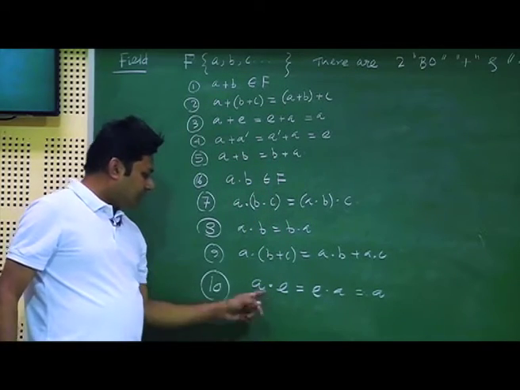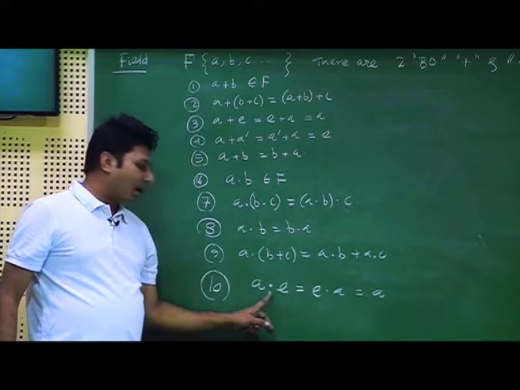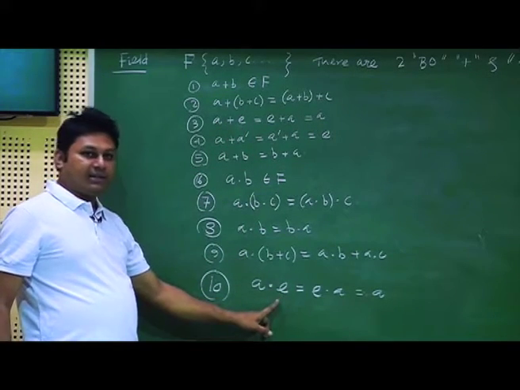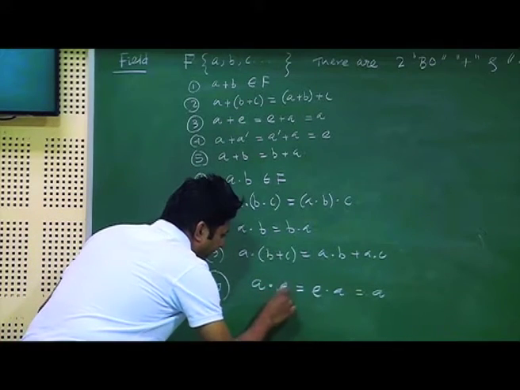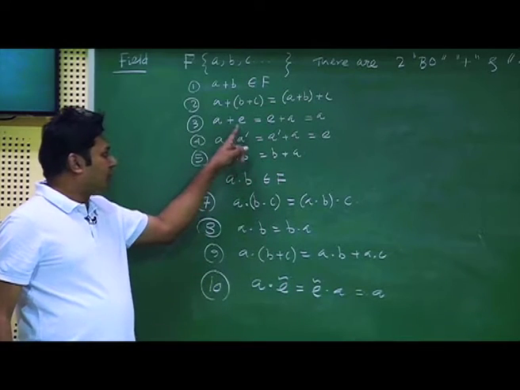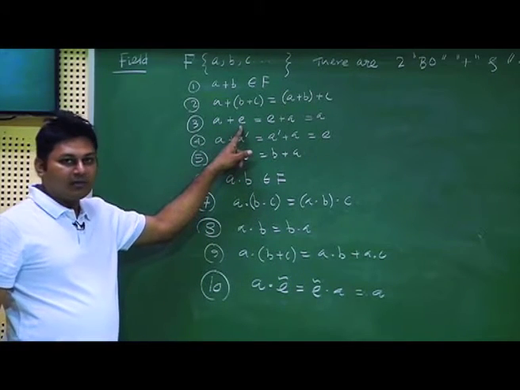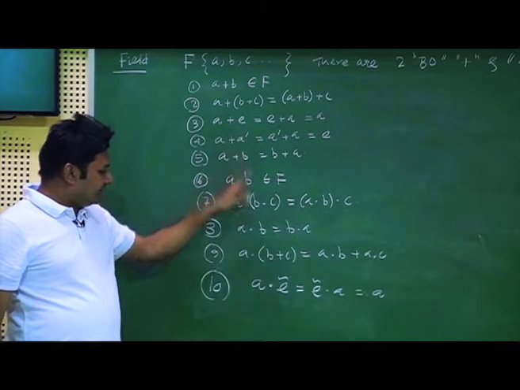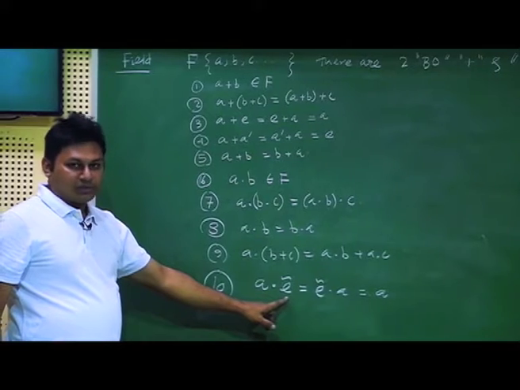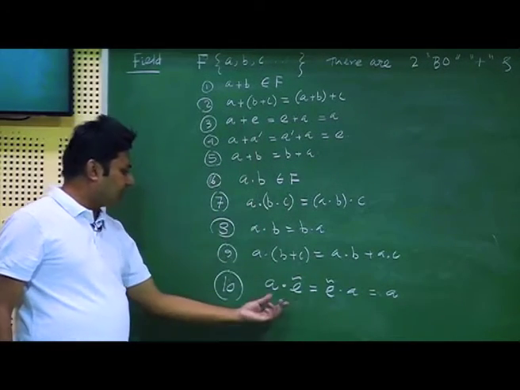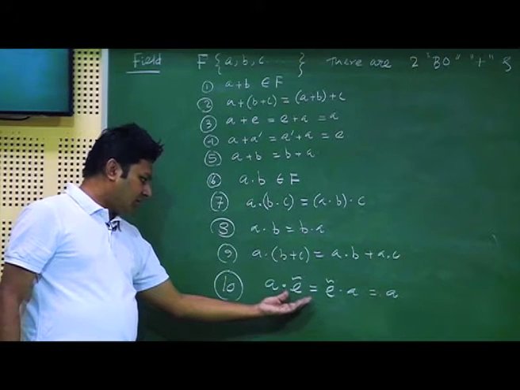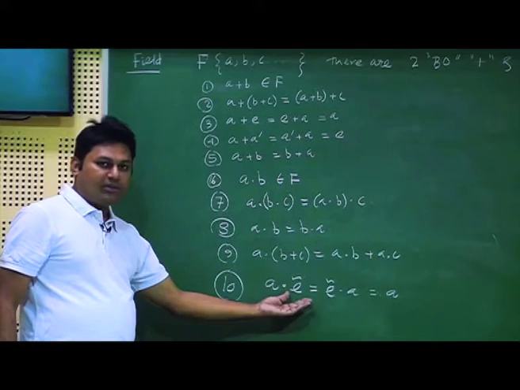The only thing is that in order to form a field, I have these things also. With the star operation, I have an element say E. Here I should not write E again, so it should be different, say E tilde. I just make sure that whatever identity element I have in the plus operation is not necessarily the same element for this dot operation. So to distinguish this, I put a tilde over it, but this is a different element. You should recognize that it may not be the same.